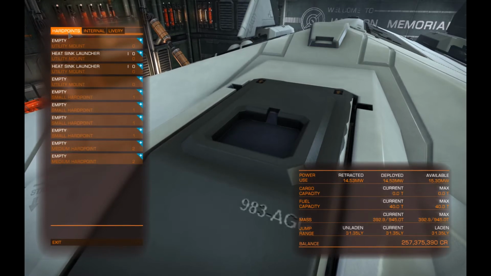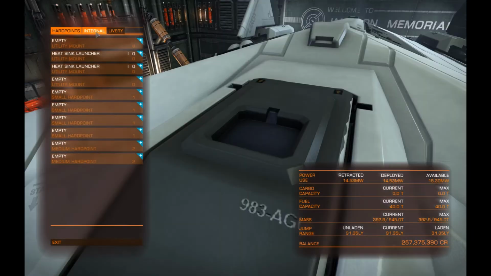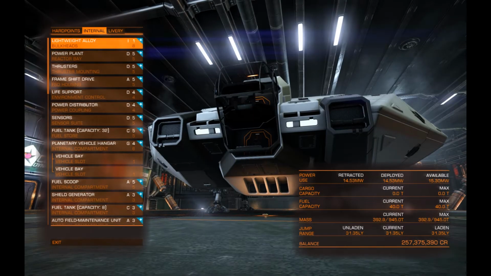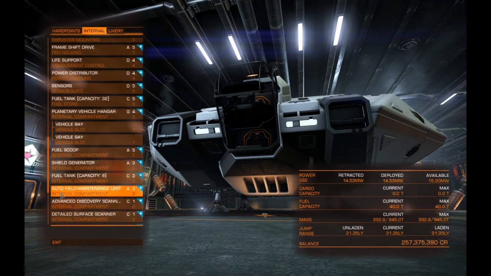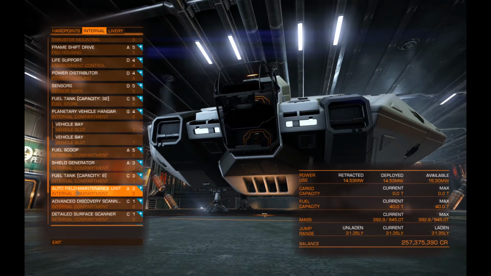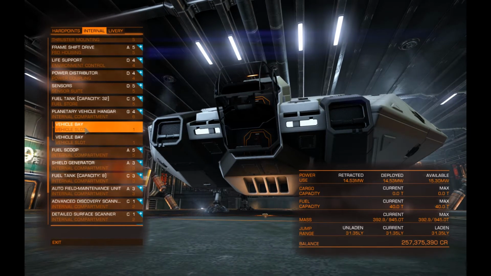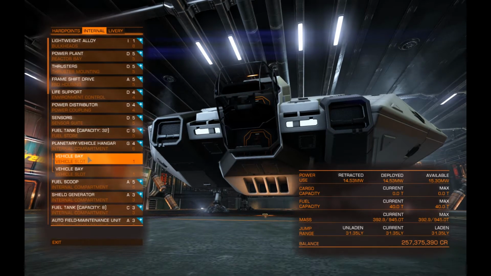2 heatsink launchers, that's basically it. So that gives me 8 heat sinks, I believe. I don't need any other utilities, and I'm not going to carry any weapons. The internals, I've only maxed out the frameshift drive, the fuel scoop and the shield generator, and a maximum auto-filled maintenance unit, which I've only got 1 of, and I hope to be able to replenish using synthesis. I have 2 vehicles in the SRB slots, a 40 tank capacity,